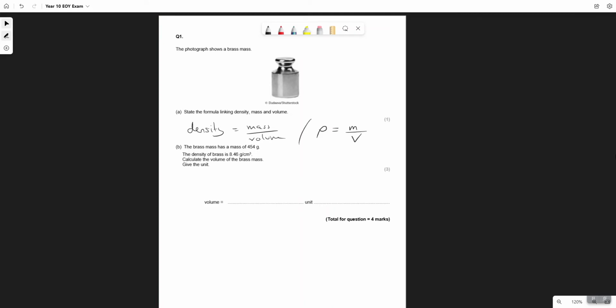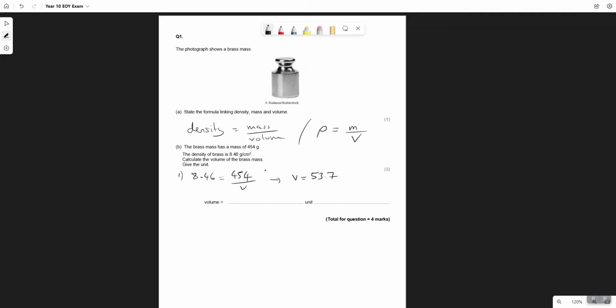So marks here. The first mark is for either subbing in or rearranging. So we can put in our numbers. 8.46 is equal to 454 over V. So then we can rearrange that. V would equal 454 over 8.46, and so we rearrange it in the second mark for the evaluation. We get V is equal to